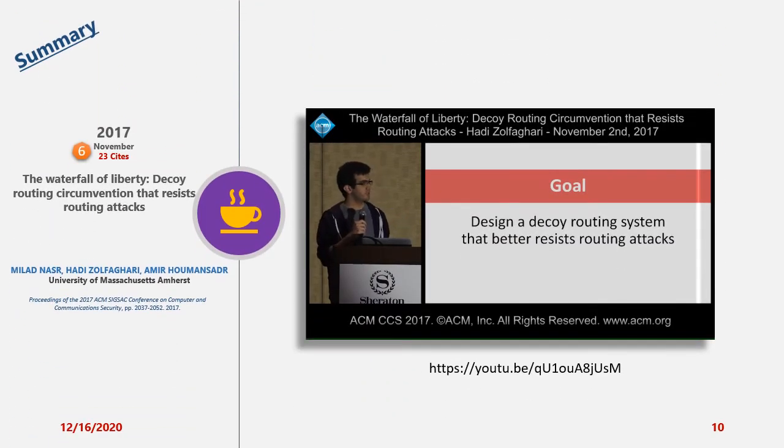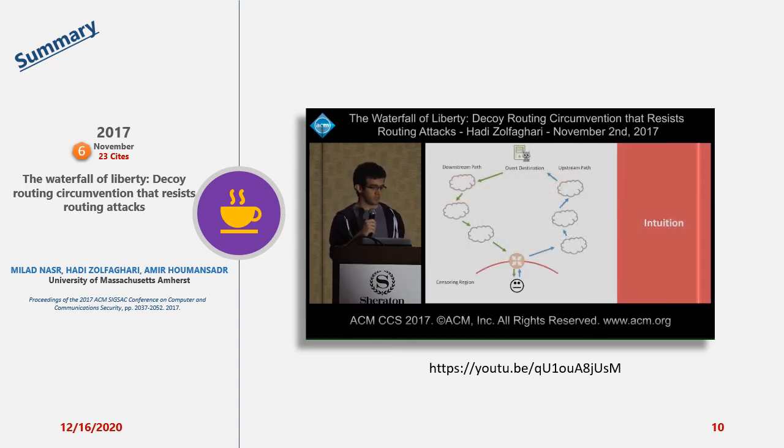So the goal of our work is to design a decoy routing system which provides protection against the routing around decoys attack. To see how we do this, let's look a little deeper into a decoy routing system. The connection from a user to the overt destination has two paths, an upstream path and a downstream path. A decoy routing system expects there to be a decoy AS on the upstream path of the user to the overt destination, so that this decoy AS, which is hosting decoy routers, can intercept the packet and extract the covert message.